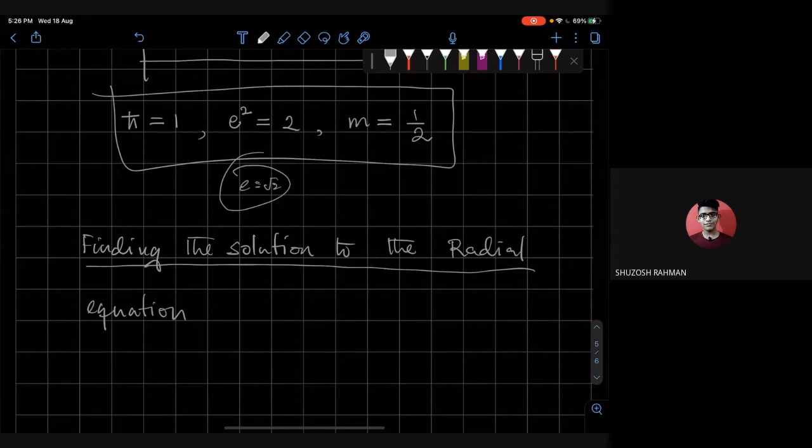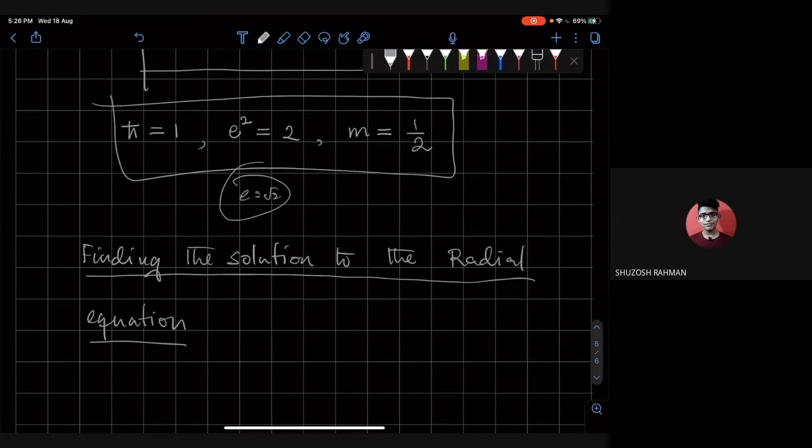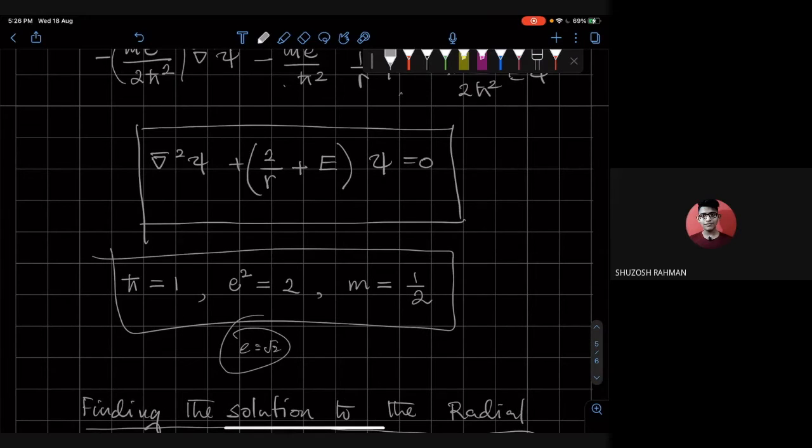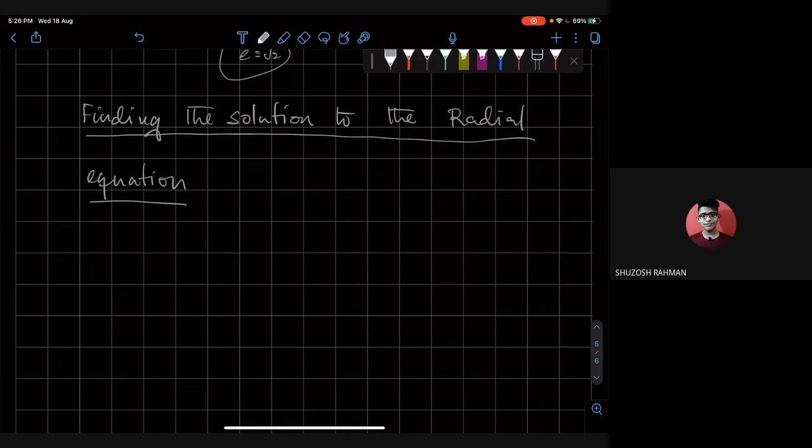So we know that because of spherical symmetry, we can separate out the radial part and the angular parts. But the radial part will have the angular momentum eigenvalue, right? So if I take